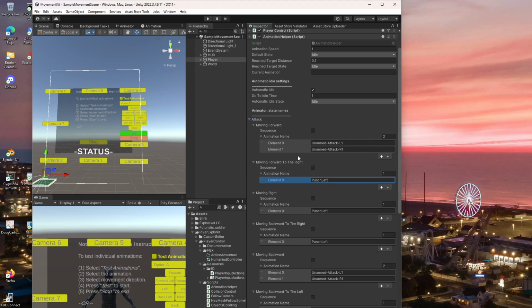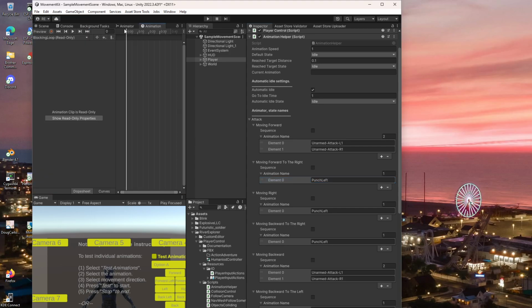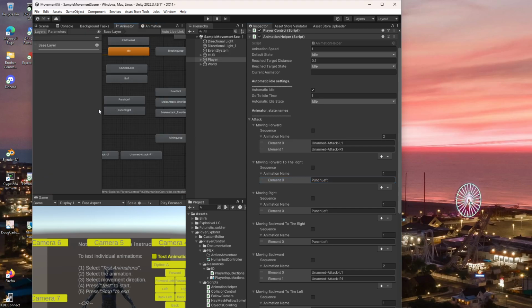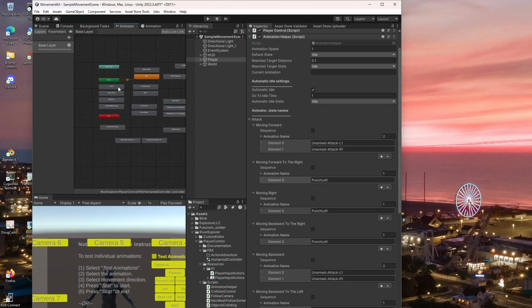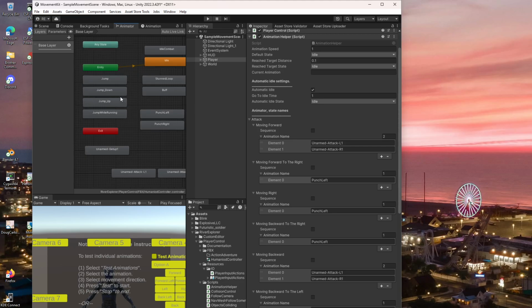These come from the animator. I had some free animations and I brought them in, and it had these. So I brought these and a few more in. And these names must match exactly. I might be able to figure out how to programmatically get these names and then let you tie them together over here. But for now,